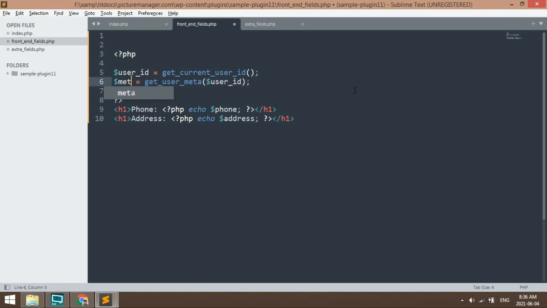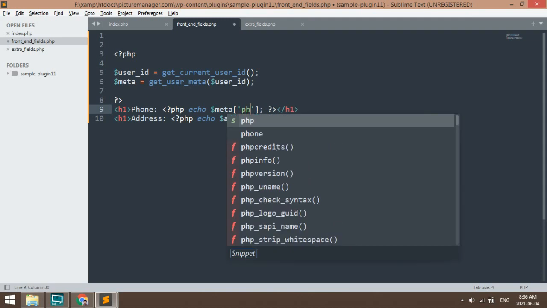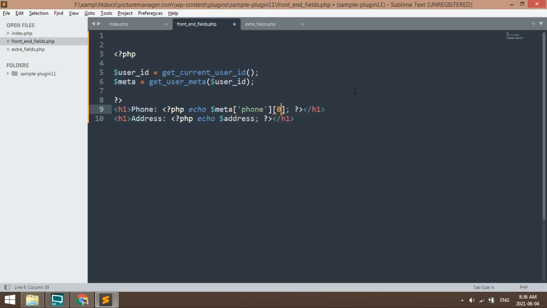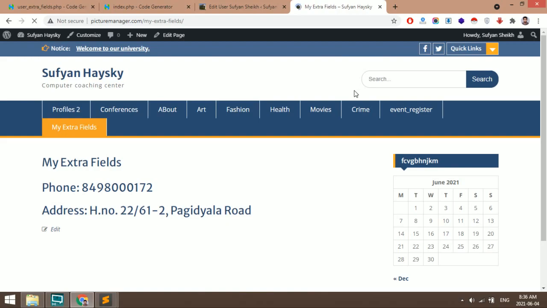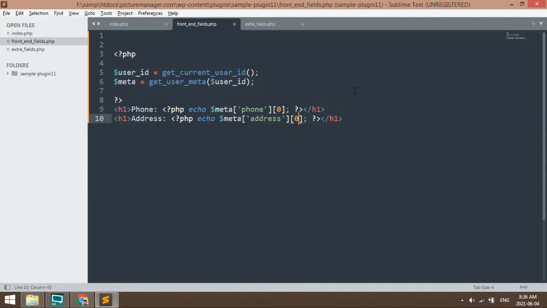You just take the complete metadata into a variable. Now, if you want phone number, then you have to say phone of 0. Similarly, if you want address, then meta of address of 0. So like this also it will work.